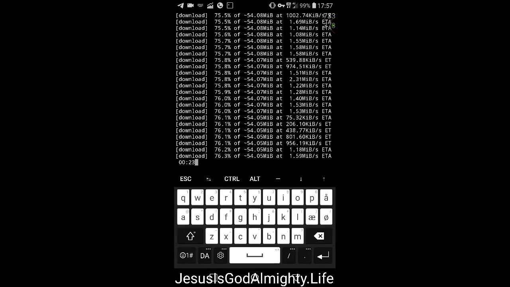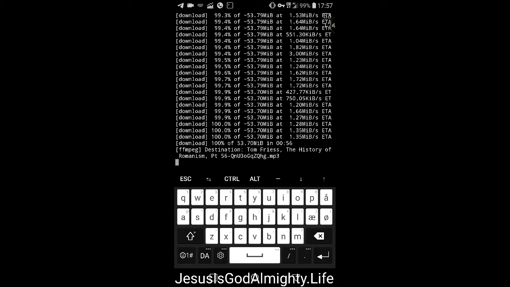I guess they might already have been thinking about that, those that programmed it, but again, I don't know everything you can do with the program. But I'll learn as time goes. So as you can see, it's nearly on 100%. And when it's done, it should begin to convert it into an MP3 file. And here we have download